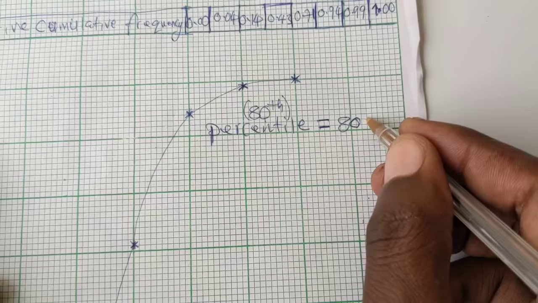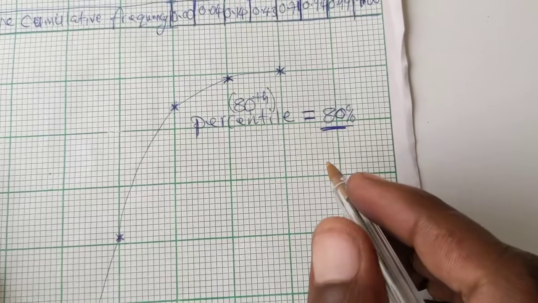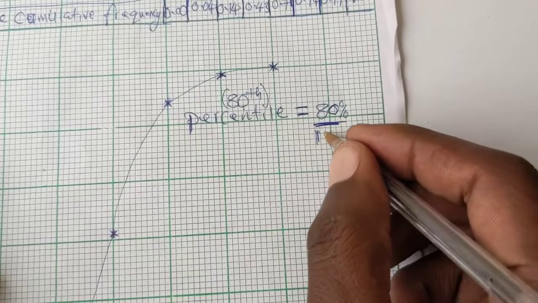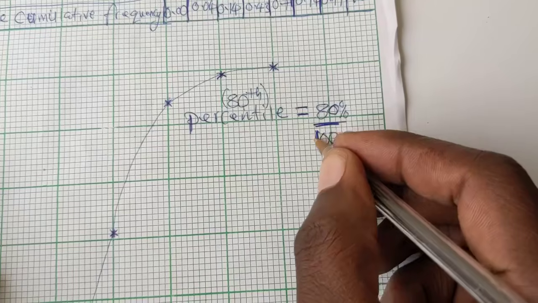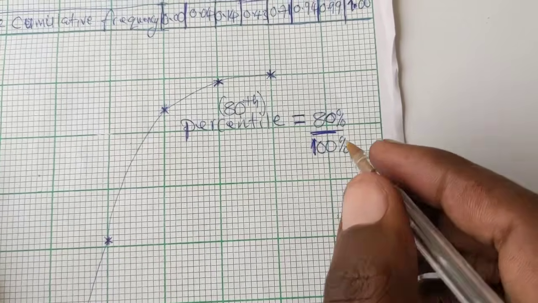So you get 80% divided by 100%, because a percentage is always over 100%, times